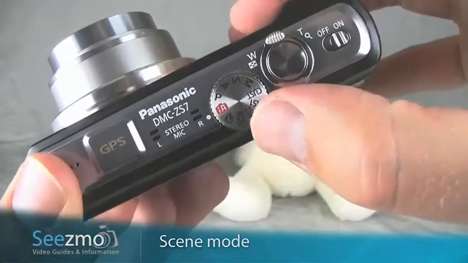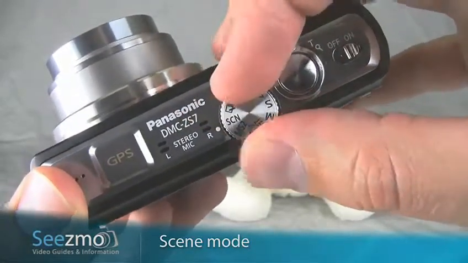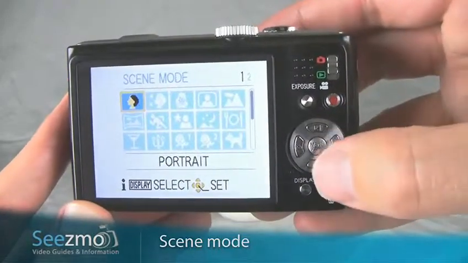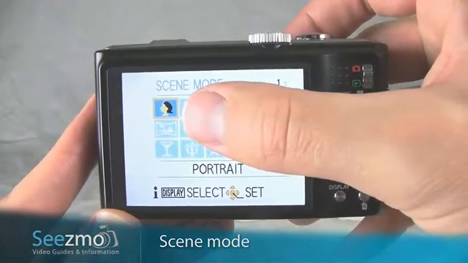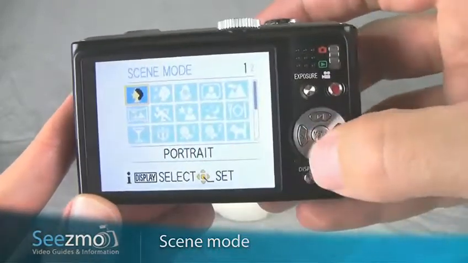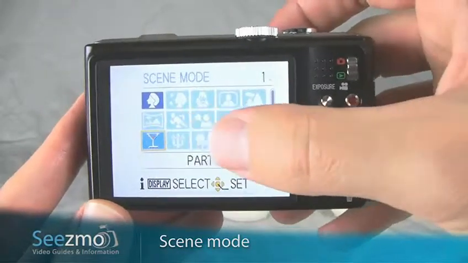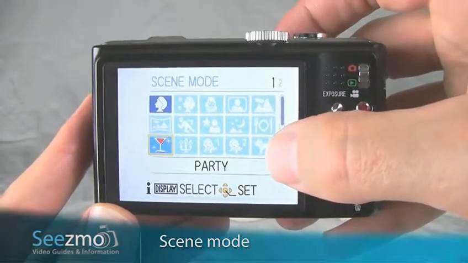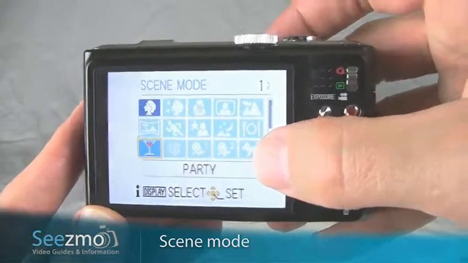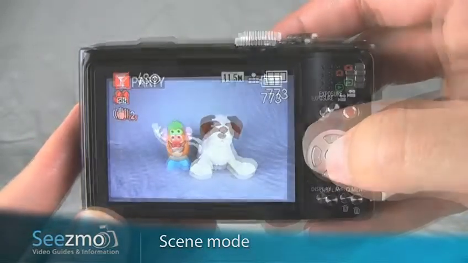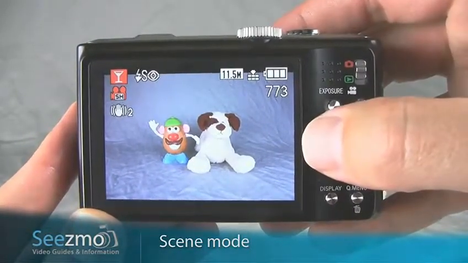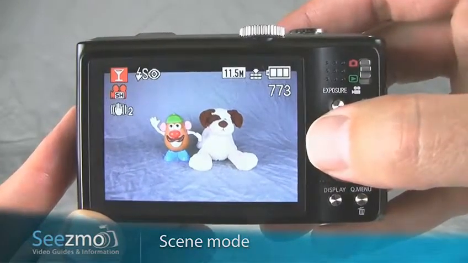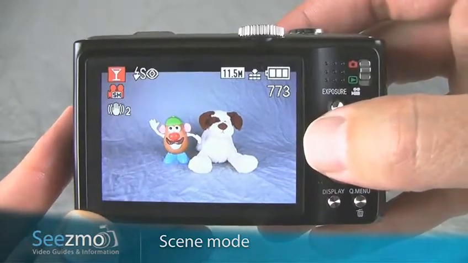Turn your mode dial to SCN. In the back, use your navigation buttons to move the highlighted field until you get to Party. Party is probably the best scene profile for indoor situations. Go ahead and press Set. With the Party scene profile selected, the camera is now optimized for taking pictures of people in indoor or low